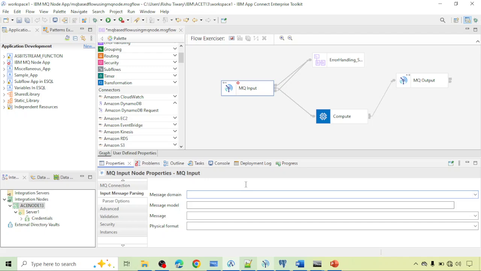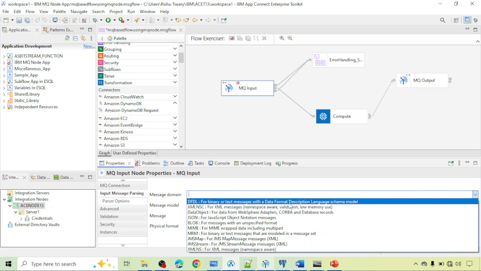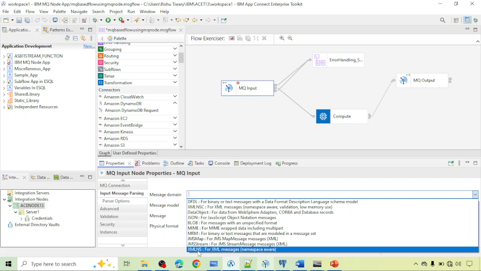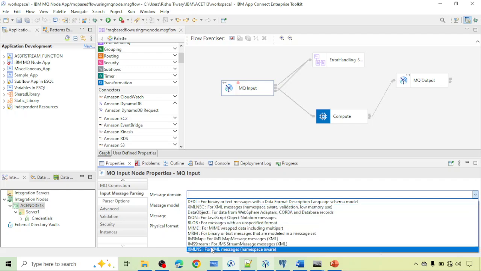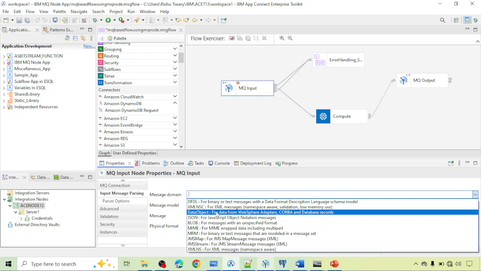If you see here, there are lots of options. DFDL: if you want only the text message to be parsed, we have to select DFDL. If you want to parse only XML messages, we have XMLNSC and XMLNS. XMLNSC takes low memory and XMLNS takes high memory, so the best option is XMLNSC. Data object